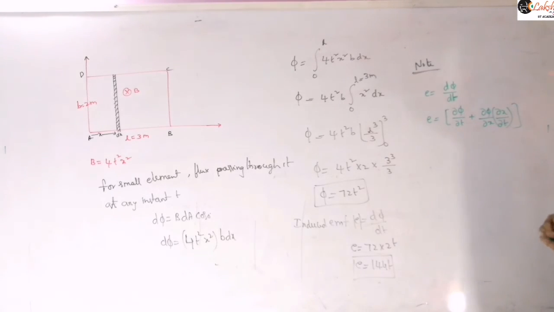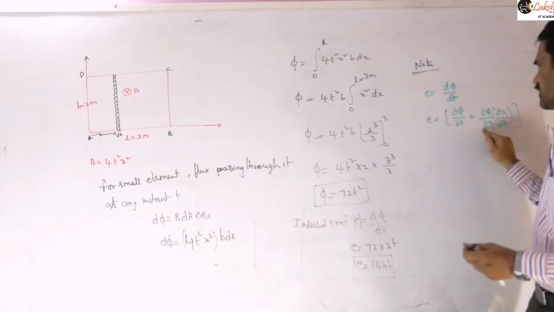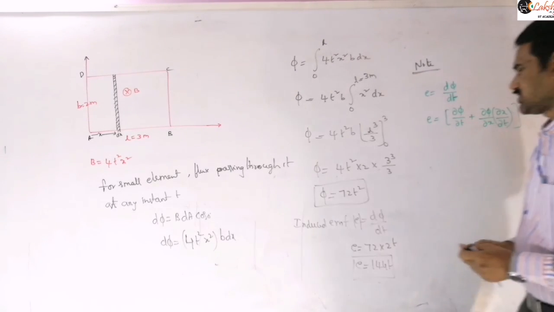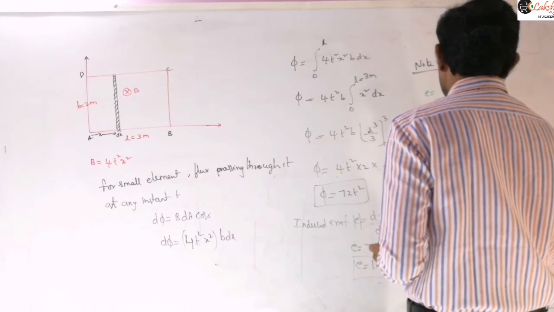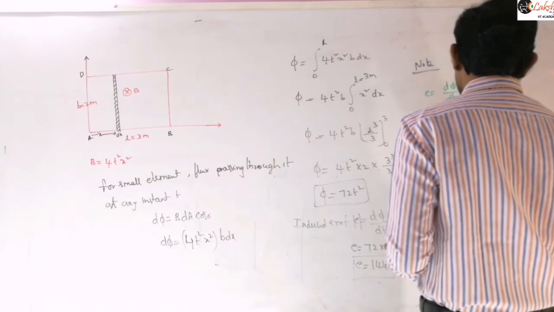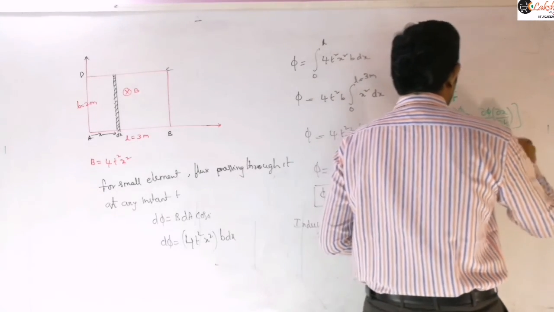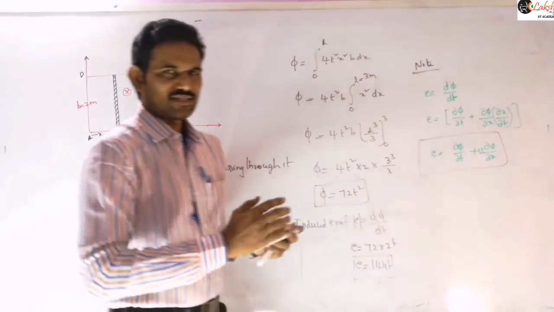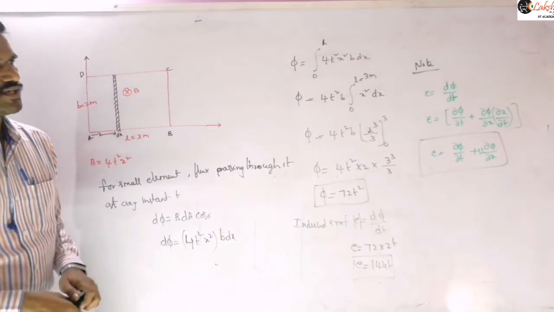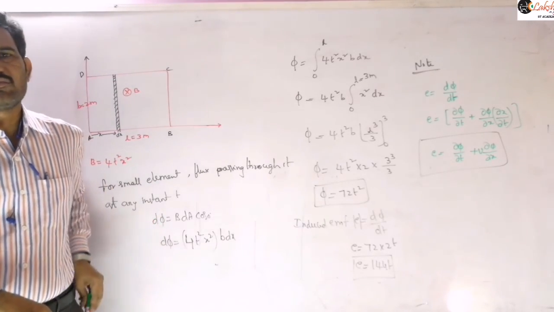So now we are writing this equation like this. First we differentiate with respect to time, and then we differentiate with respect to the space. With respect to x, for example, if it is varying with x, then dx/dt, we are multiplying and dividing with x here, so that expression finally you can write this equation as ∂φ/∂t plus ∂φ/∂x into v. So now you can use this formula in such cases, when it is variable with time and space, and at the same time the loop is moving. So these are some concepts, or problems, based on motional EMF there.